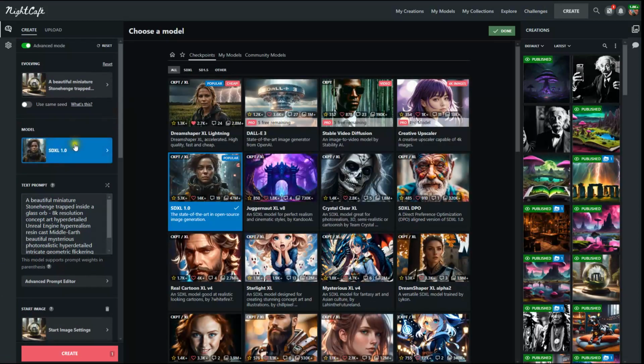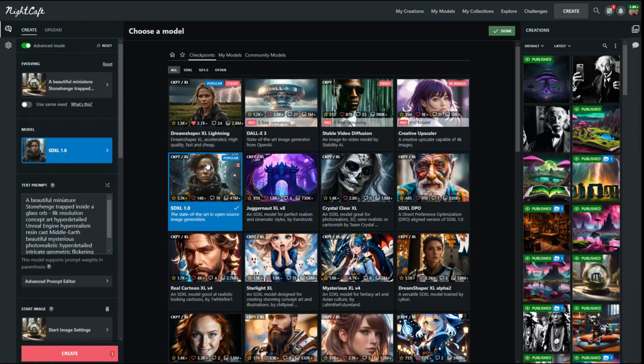The models are different AI models here, and I've been using this one, called SDXL 1.0. The cost of it is 1 gem, or 1 credit. And it's state-of-the-art in open source image generation. All right.